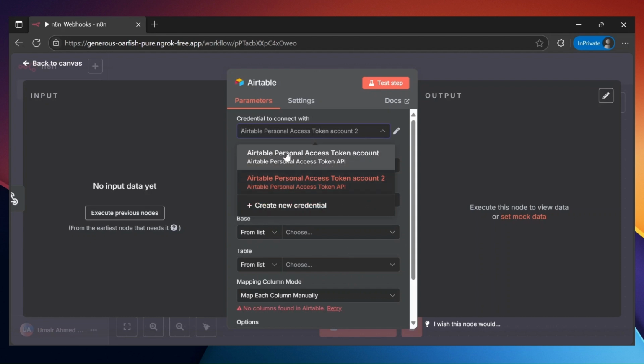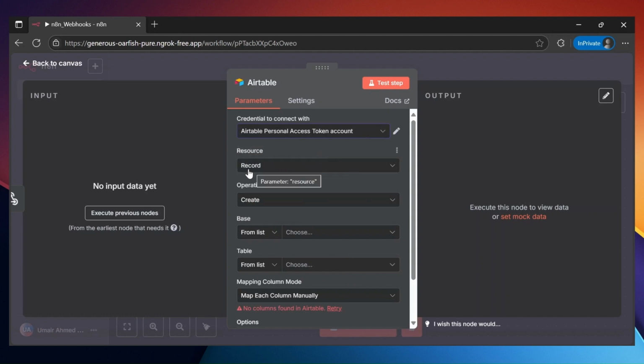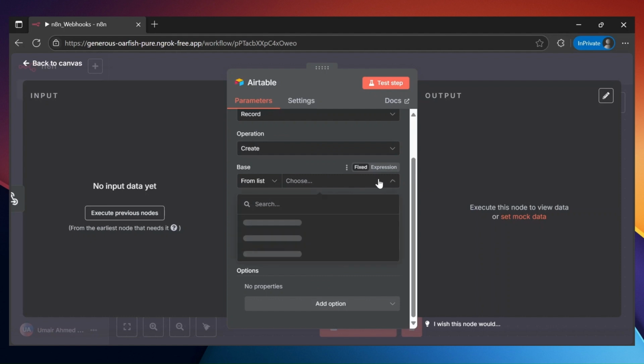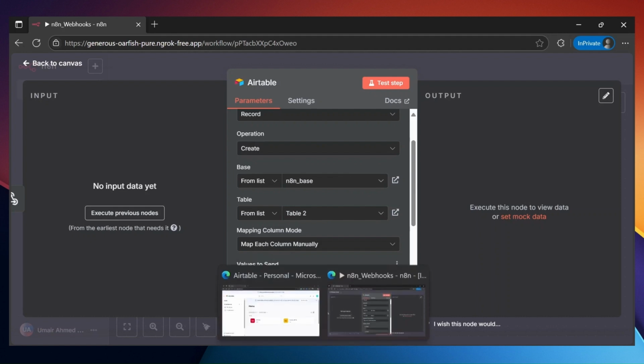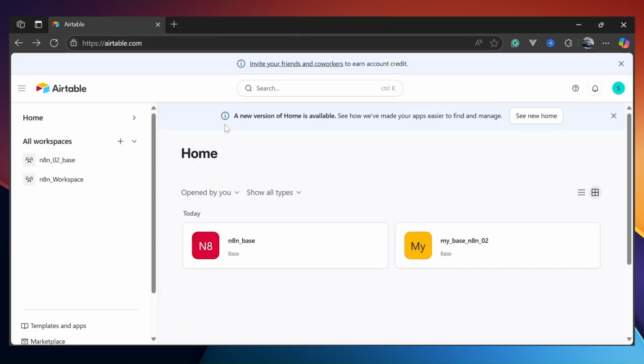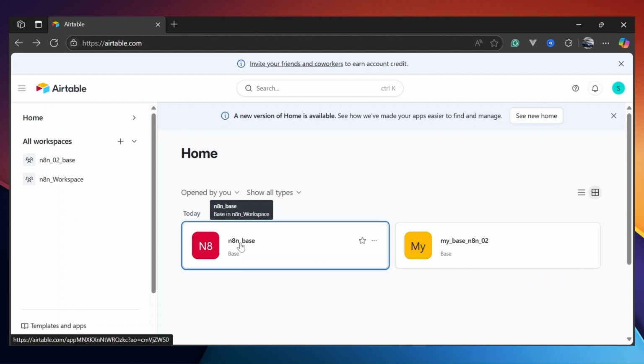So I'm going to select this account, and the resource is going to be record, the operation is going to be create, and then choose the base. So my base is going to be this n8n base, and inside this base I have two tables. I'm going to choose table 2. Probably you are going to see only single table. If yes, all you need to do is to go to your Airtable account and select the base. So we have selected this n8n underscore base,